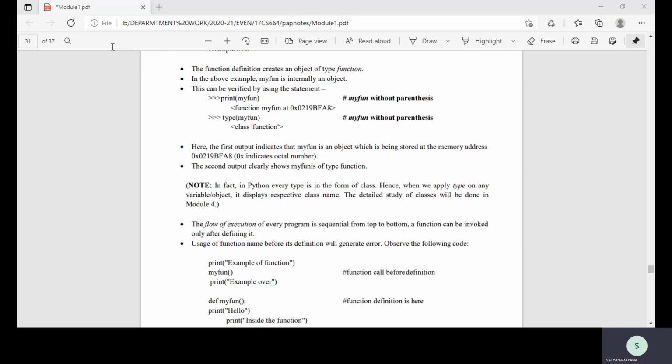Same thing. See, not only this, anything you can do. Say for example, add of a comma b. Start writing your own programs, then only you can understand. So you can define a equals to 10, b equals to 10, or some value you can give, c equals to a plus b. So print the value of c is c.